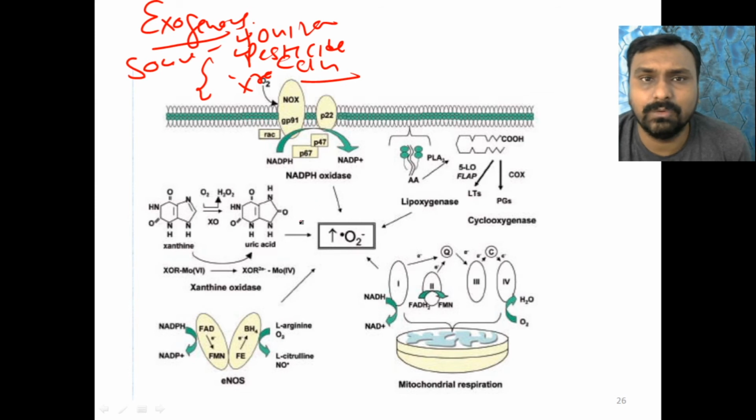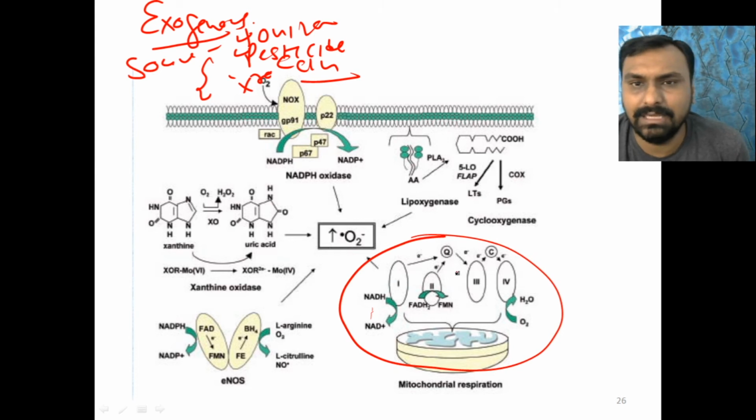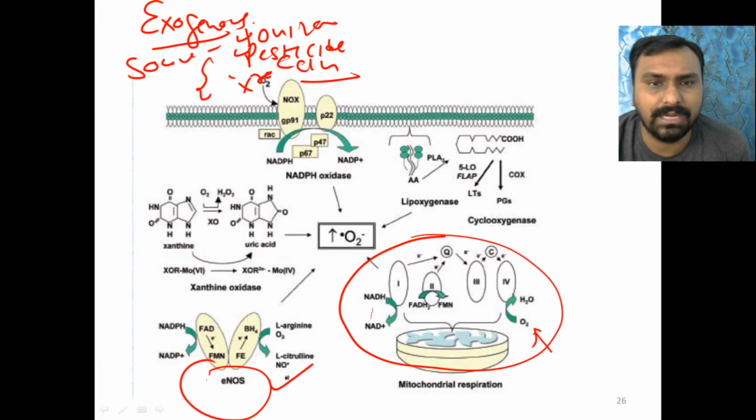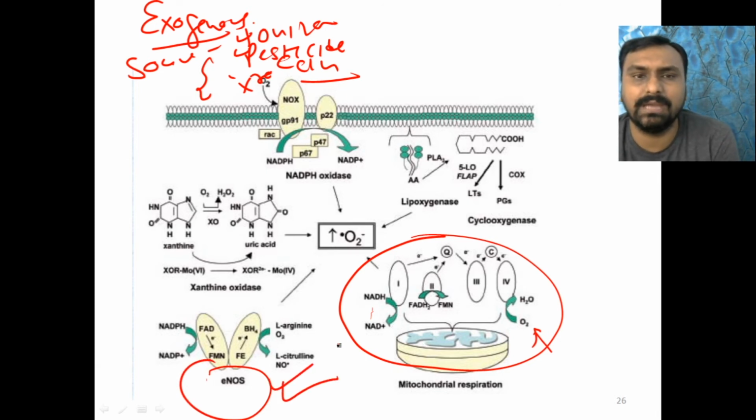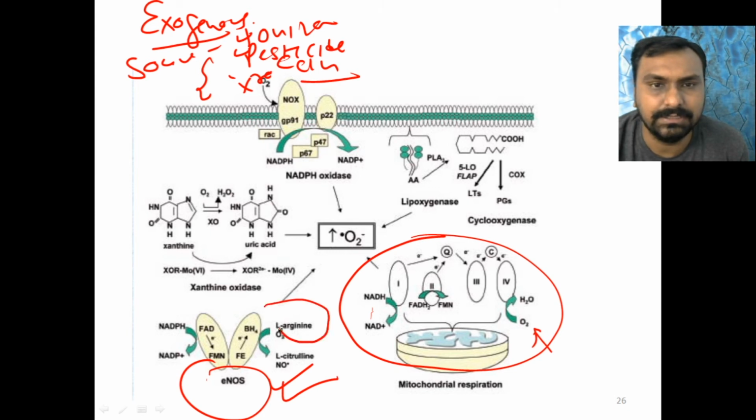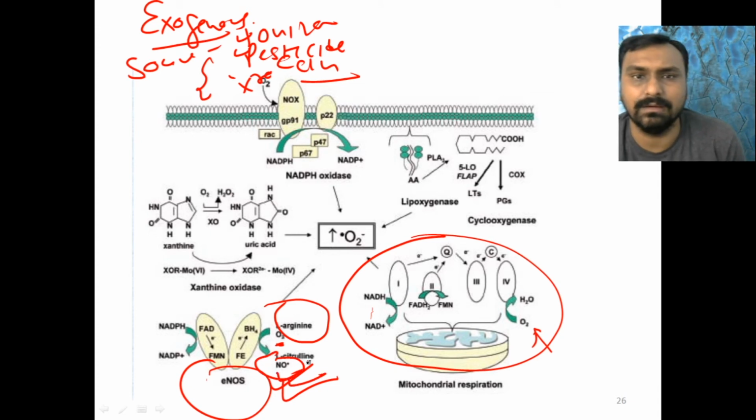So we have seen during the electron transport chain, electrons might leak from the inner mitochondrial membrane and they can generate free radicals while reacting with the oxygen. Another is during the formation of nitric oxide. We know, very important, that nitric oxide is a vasodilator. It is synthesized from arginine. So arginine reacts with oxygen and it may form the nitric oxide radical.